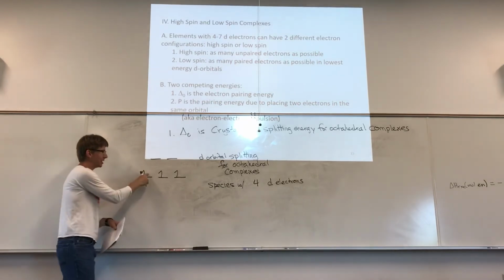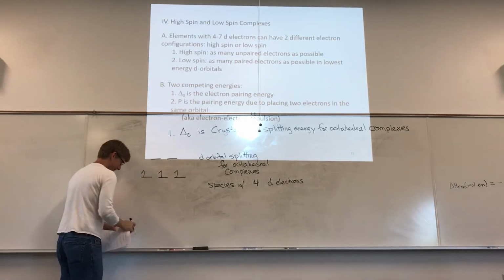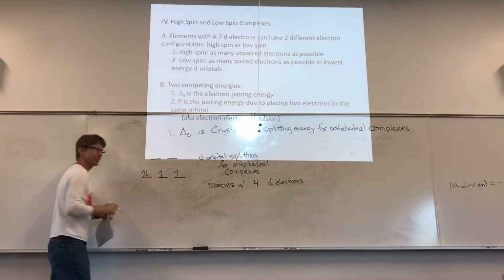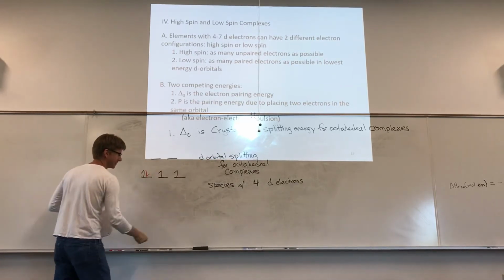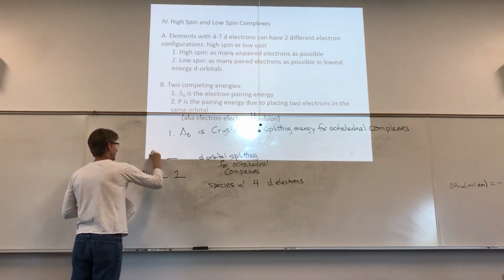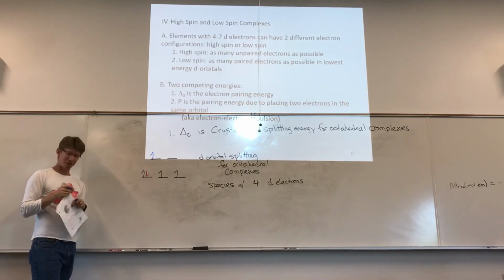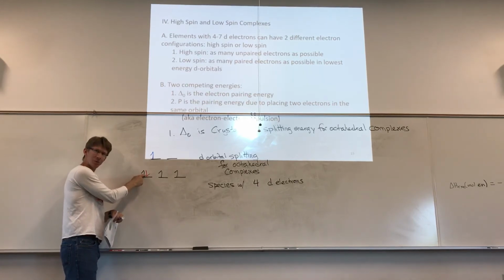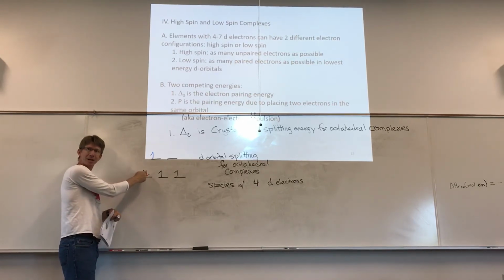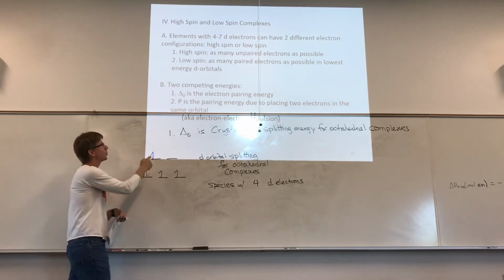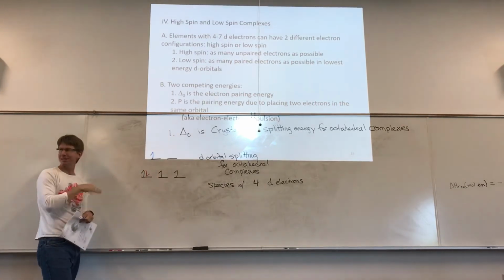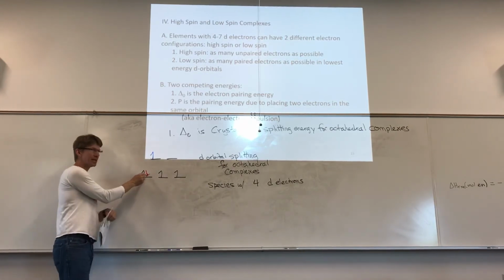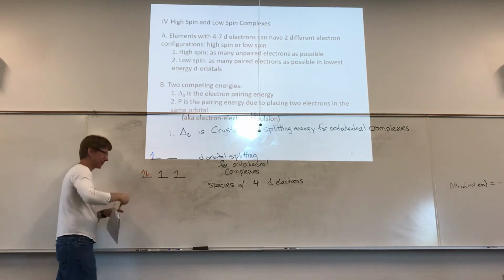One option is right here. And the other option is right there. And so, what I'm saying is, when you put the second electron in the same orbital, there's electron-electron repulsion that we're calling P. And P is some energy. So, if the 4th electron goes here,